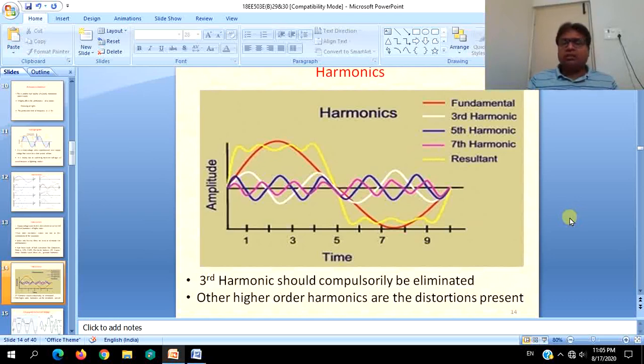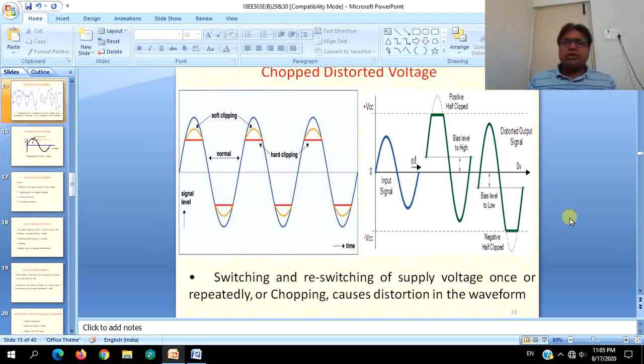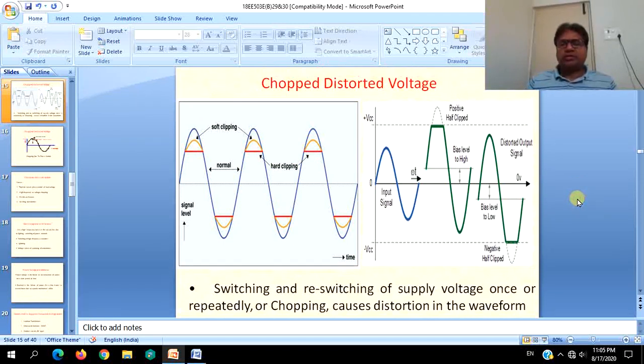So this is something about harmonics. Chopped distorted voltage is the next type of disturbance which we are going to discuss. Go back to the choppers, where we will be chopping the actual supply voltage into small pieces, that is DC chopper. AC chopper is nothing but an AC to AC converter or AC voltage regulator or AC voltage converter, where we will be operating the converters with the phase control technique. And again, due to that, the actual waveform which is shown with the blue line over here will be changing its shape into different things.